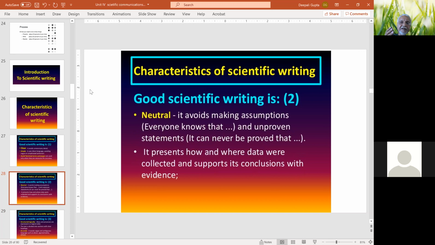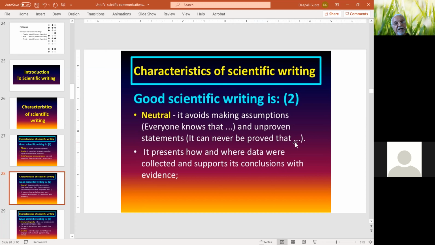And secondly, it should be neutral, in the sense that you should not make assumptions in writing that everyone knows. For example, in scientific communication, sentences like "everyone knows" have no place, or statements that can never be proved.